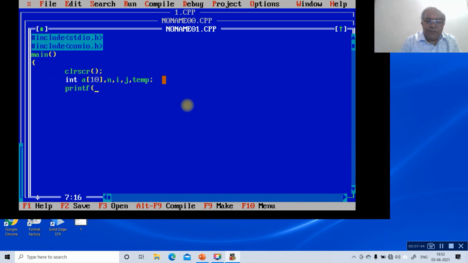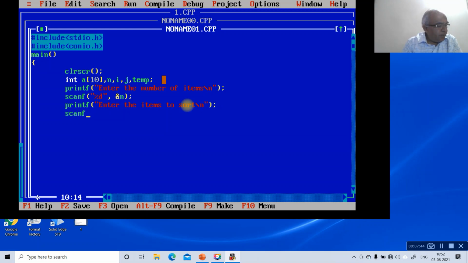Then go to printf, enter the number of items, backslash n, then scanf %d and n, then printf enter the items to sort, backslash n.